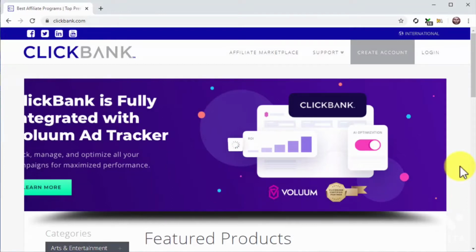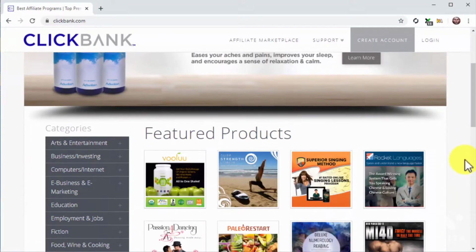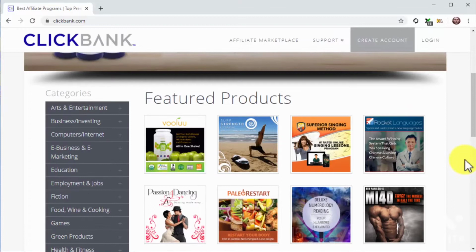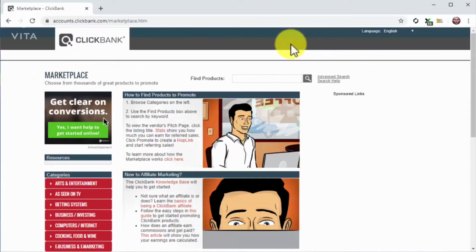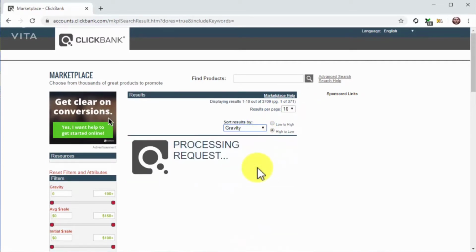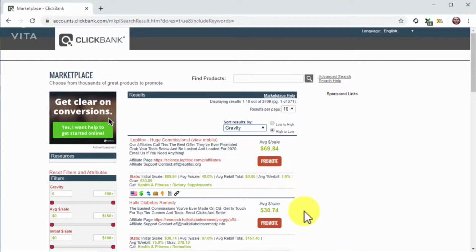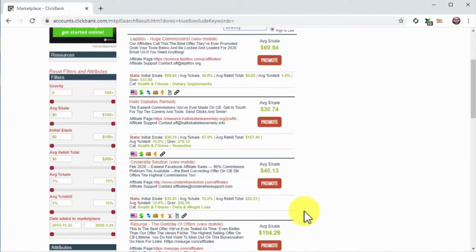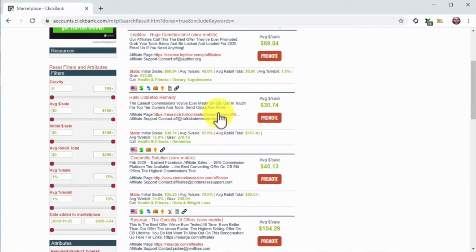You'll have an idea of what type of products and niches perform well by checking the featured offers on the homepage. But the best way to find the best niches is to go to the Marketplace by clicking on the Affiliate Marketplace tab, then clicking on the search icon on the following page. Next, click on the drop-down menu below Sort Results By and select Gravity to position best-selling offers on top. This is how you can identify the most profitable niches on this site, but be aware that you'll get similar results in other marketplaces. To identify the niche of an offer by name, look at the CAT or category section in the offer's card.